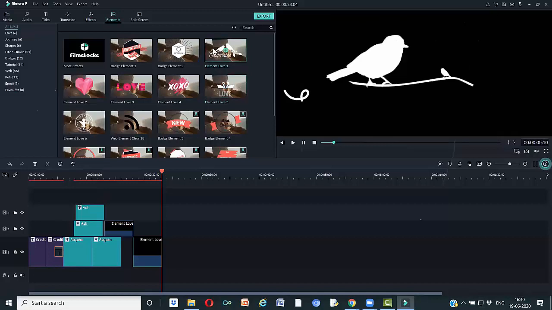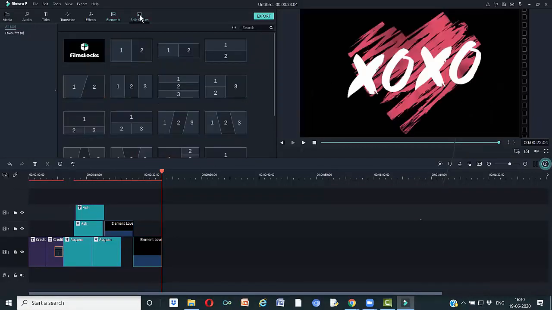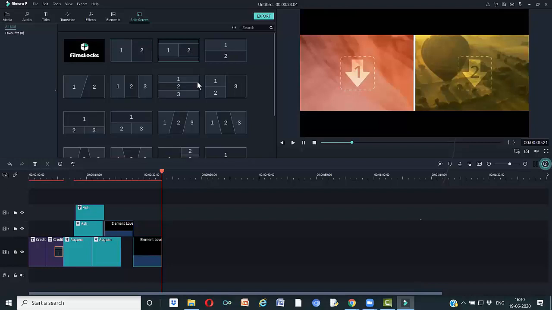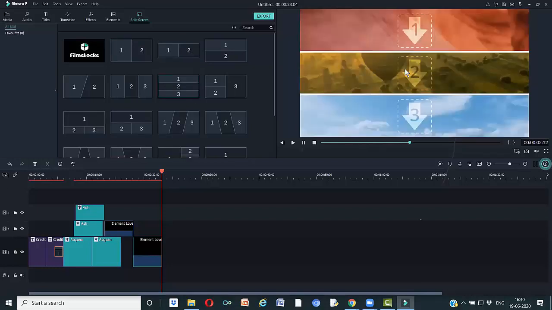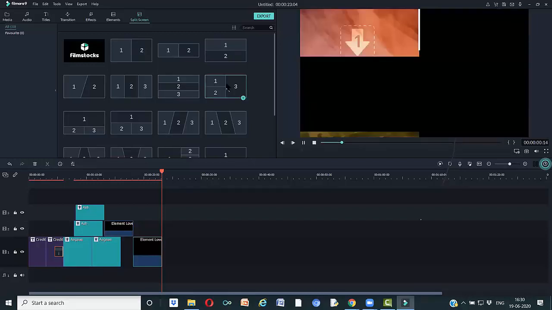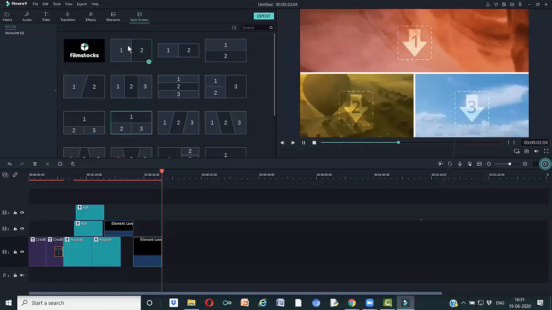Now here one more facility is there. You can split your window. You can split it into two. Now you see here one part of the video, here the other part of the video you can play. Similarly, size may be different. With Camtasia you need to do this manually, but in Filmora this is freely available. These are the split screens you can get in this way.